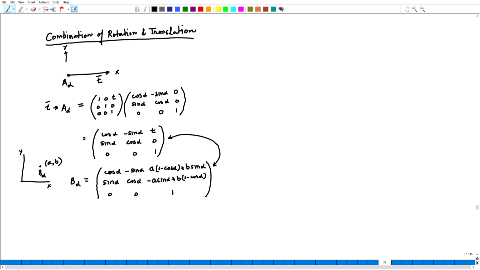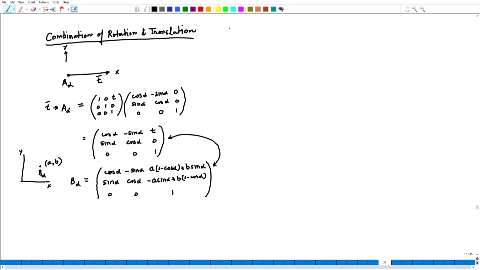This looks like what we have got as a result of the combination. This looks like some kind of a rotation, and it looks like a rotation of alpha only. So, we equate the elements: the third element of the first row in the two matrices should be equal, and the third element of the second row in both matrices should be equal.